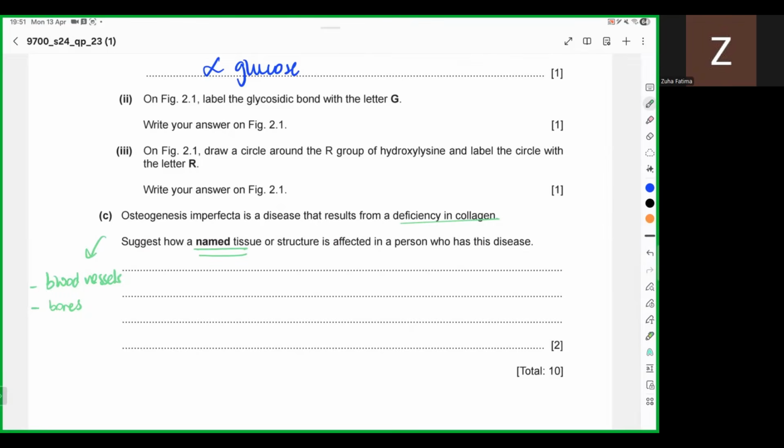अगर हम ब्लड वेसल्स की बात करें तो ब्लड वेसल्स में अगर कोलेजन प्रेजेंट नहीं होगा, लेट्स से आर्टरीज में, तो आर्टरीज जो हैं वो चेंजेस इन ब्लड प्रेशर नहीं बेयर कर पाएंगे. ये गैस एक्सचेंज सर्फेसिस पे भी होता है. सो जिस भी टिश्यू की आप बात करो उस टिश्यू से